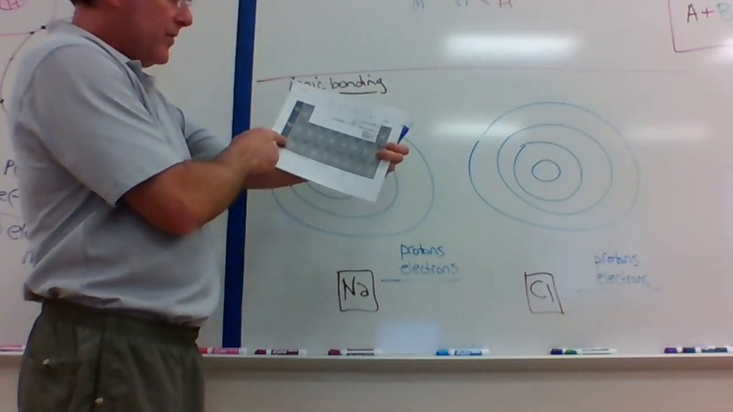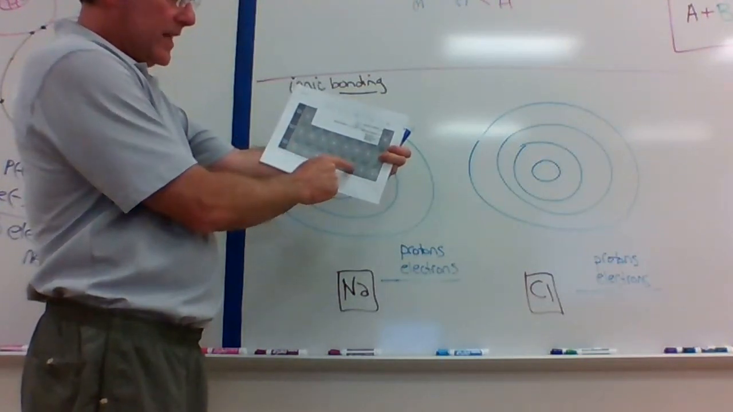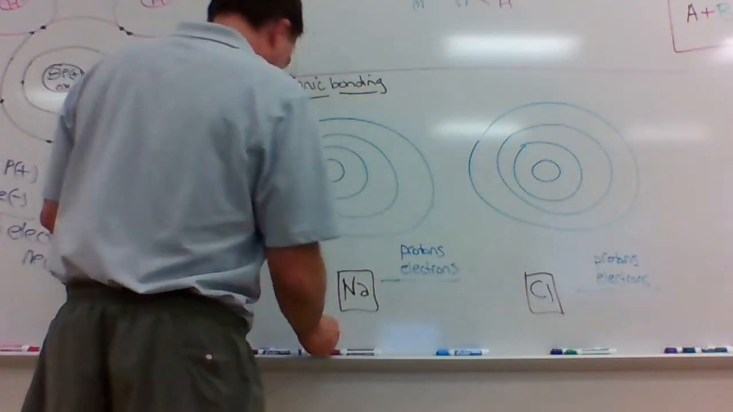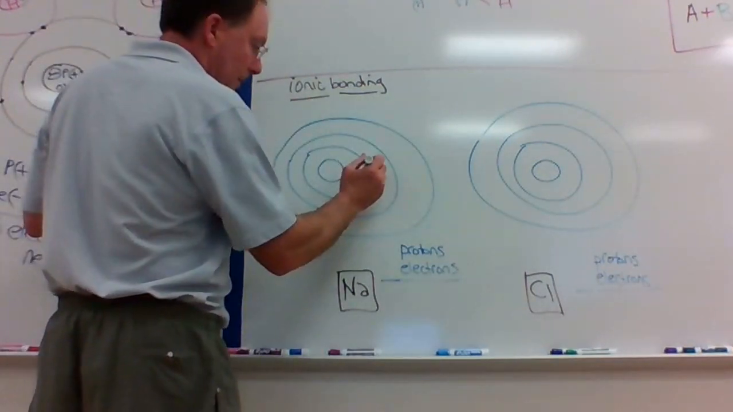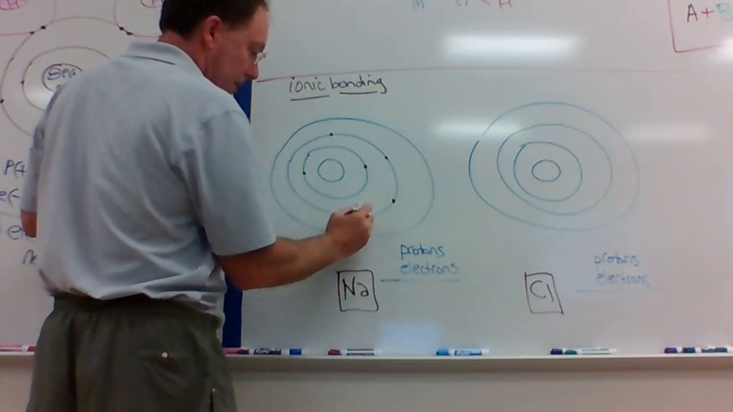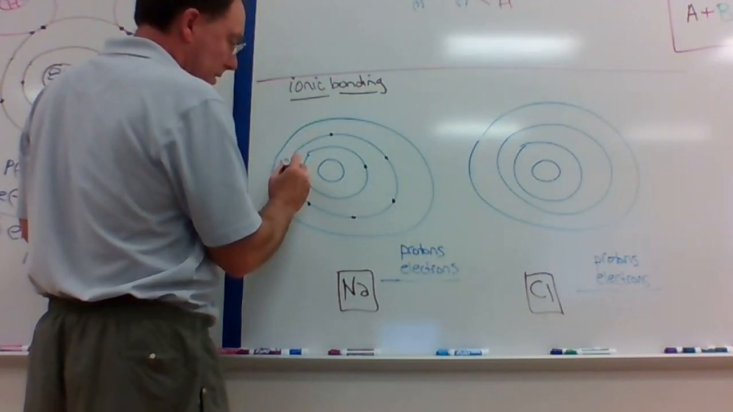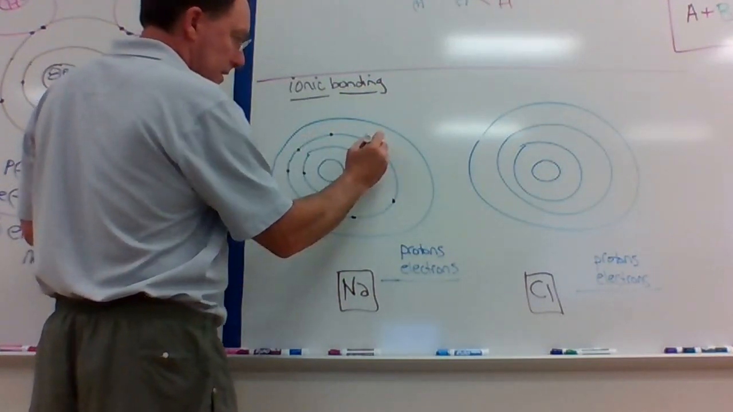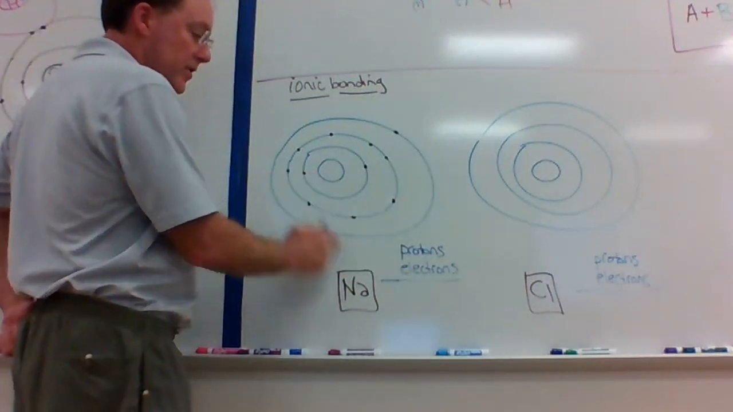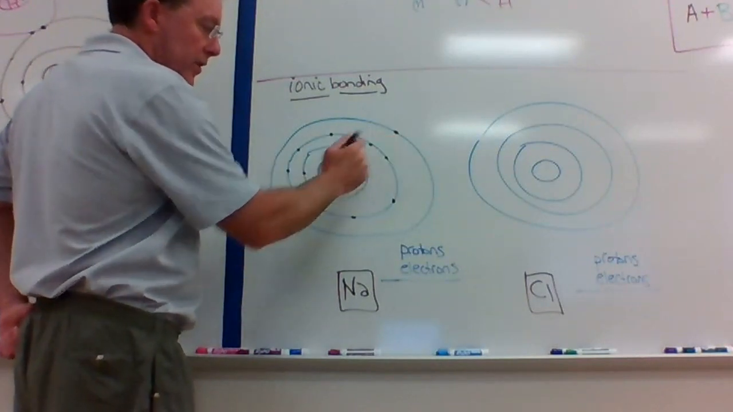I know that sodium has one electron in its outermost valence shell, and I know that chlorine has 7, 1, 2, 3, 4, 5, 6, 7 electrons in its outermost valence electron shell. So let's fill those in. Here's what this looks like for sodium: 2, 8, and then it just has 1 in its third shell, and